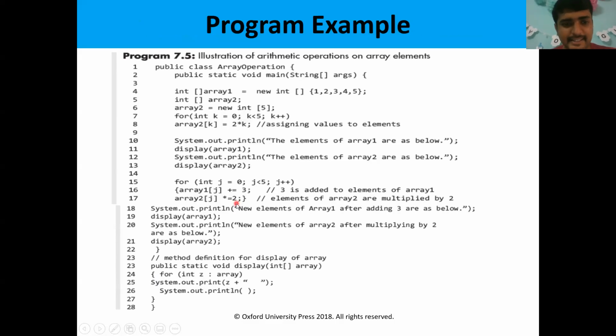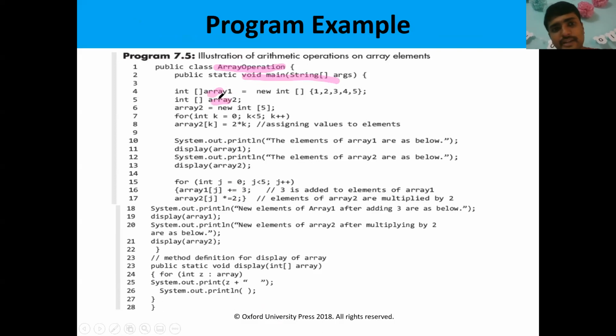So next one, let us check this program. Here he has taken the class name as array operation. Array operation is the main class. He has declared the main method here, public static void main. Then he is declaring two arrays, array 1 and array 2.